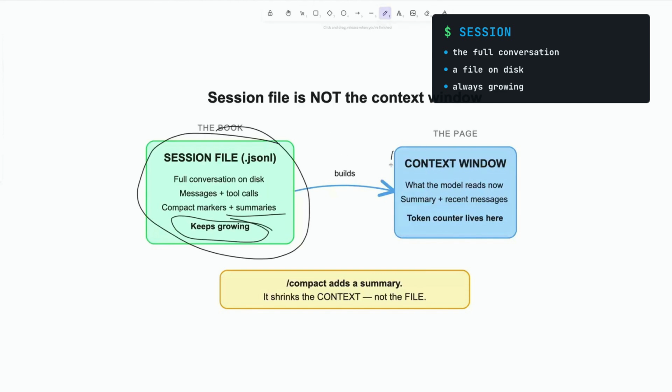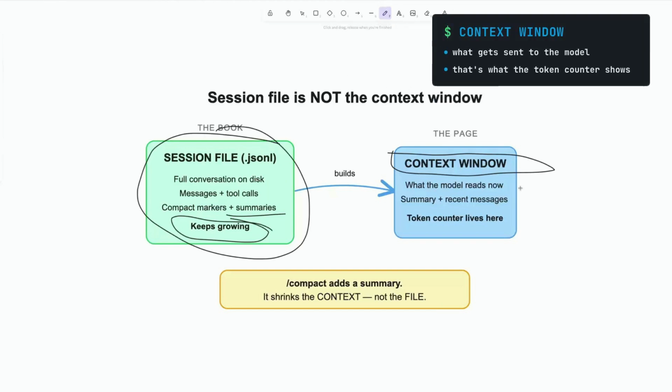And the context window is what we send exactly to the model, so what the model reads now: the summary, messages, and token counter. When you see tokens, it's actually the context window which we send.